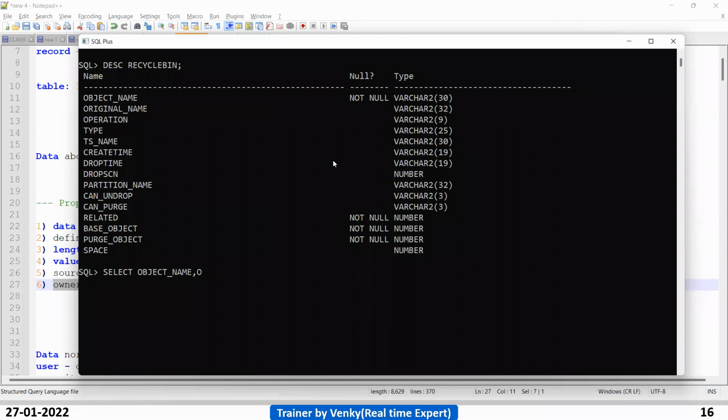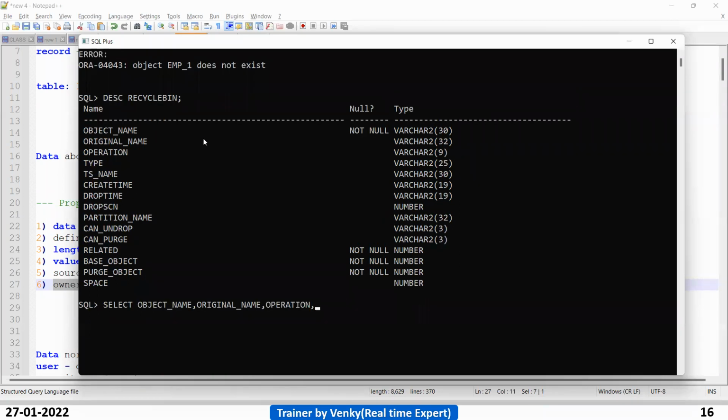Then original name we can take, the original name of a column, then operation we can take. Then create time, when the table was created, all that will be saved. Then drop time also it will save.